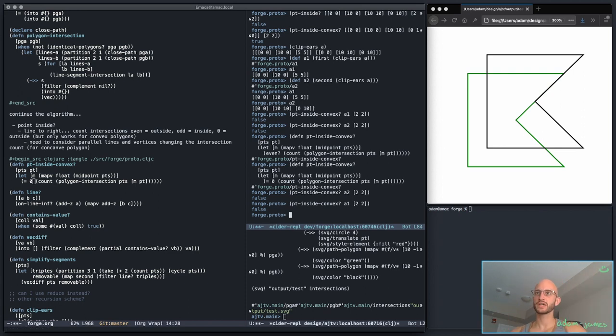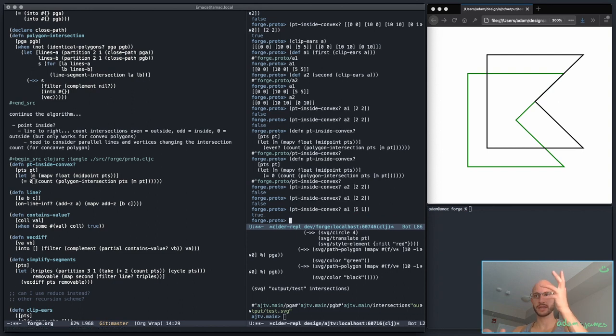But for sake of curiosity, if I check if there's a point inside that's convex, what point is for sure inside this first triangle here? Let's take 5, 1. That'll definitely be inside there visually, and that is true. So that seems to be working reasonably well. The problem is,